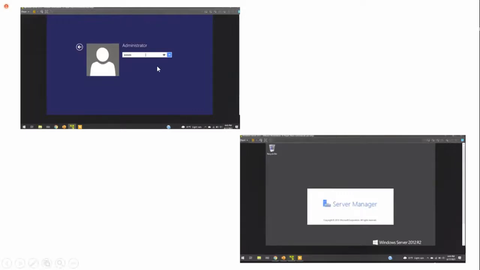And I put in my password. Why did you press Control and Delete only? You have to press Control, Alt, or Delete. Yes, but Control Delete